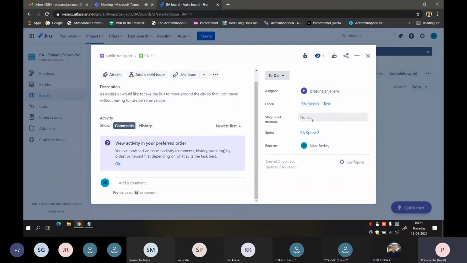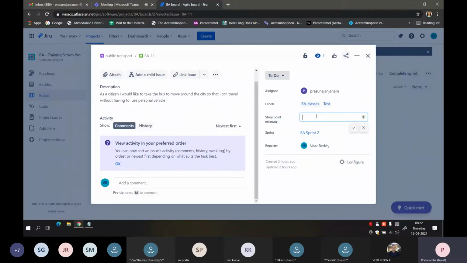And then story points. Are you all familiar with what story points are? Yes, it's complexity points basically. The story points estimation would happen within the sprint meetings.